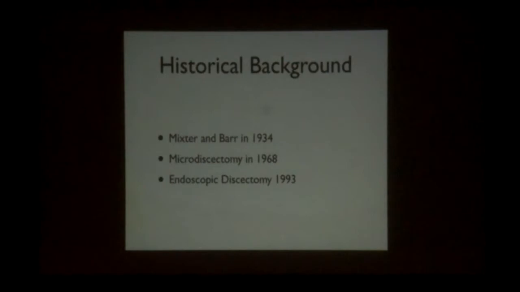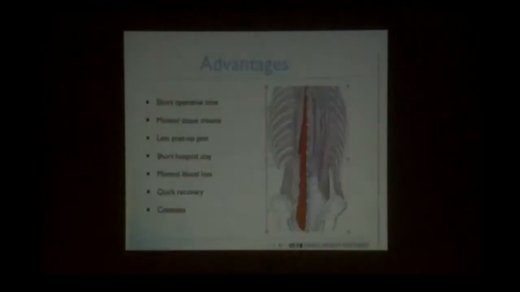The endoscope was first devised in 1993. And then with further advancement in the anatomy and the Kambin triangle, the endoscope is becoming more and more popular. If you go to China, there are a lot of Chinese surgeons who are taking out almost all discs endoscopically. So gradually with time, it will become a norm and a gold standard. It has added advantages, especially the transforaminal approach over any open surgery, because it has a very short hospital stay,